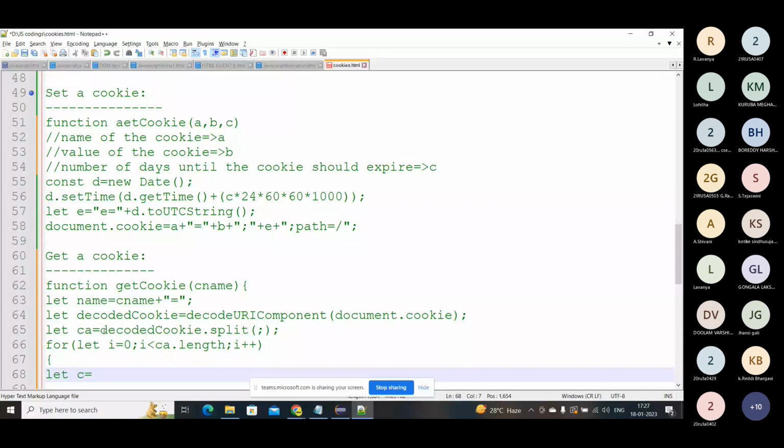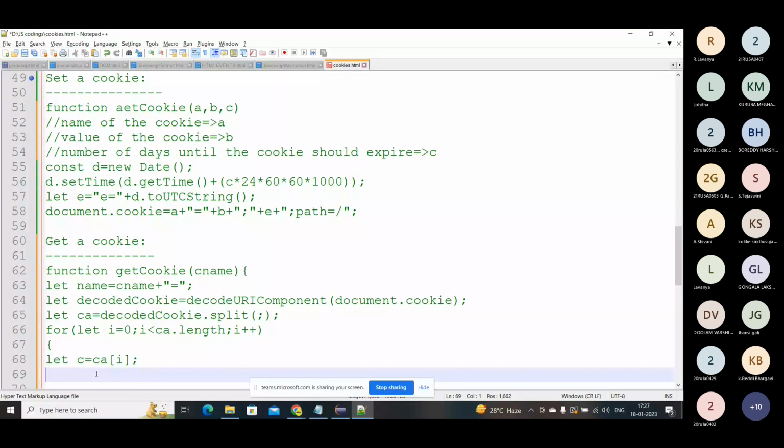I'm going to split, however many lengths it's going to be, so ca of i. And in the while loop, let it be c.charAt(0), for that initial thing. So it's going to be empty.